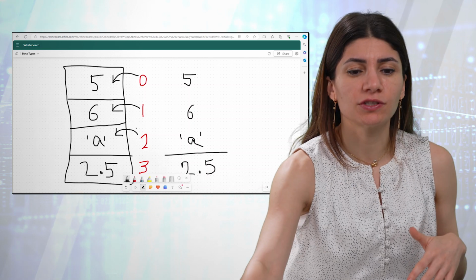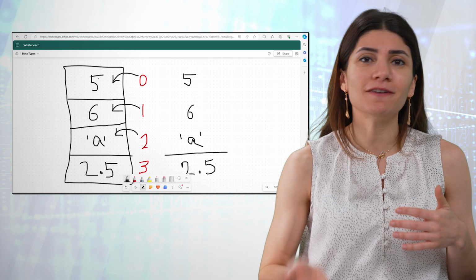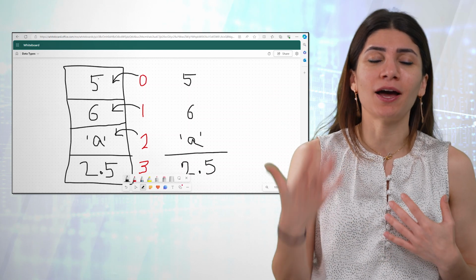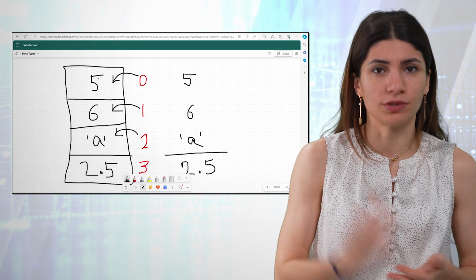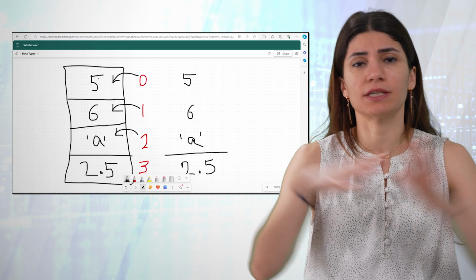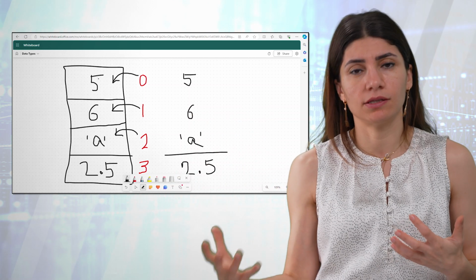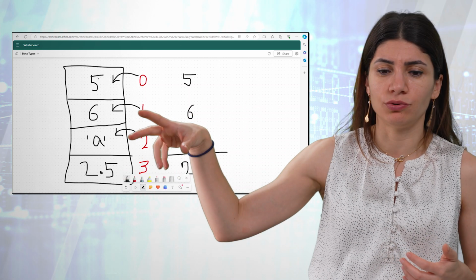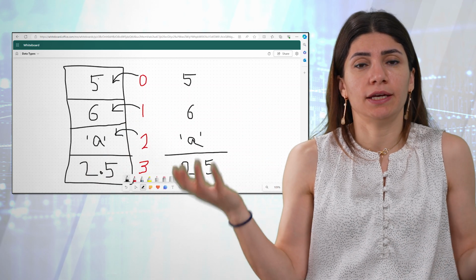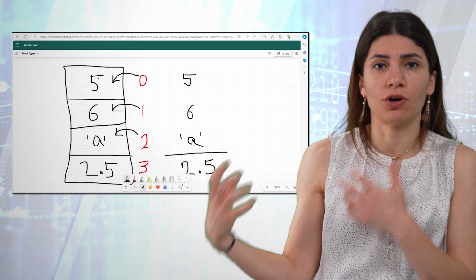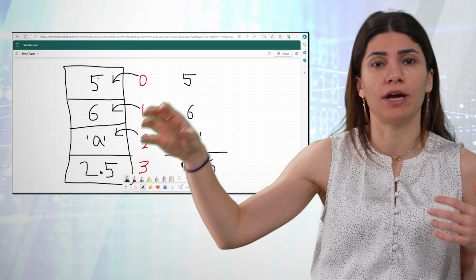That means if this is the first item, you subtract 1 from it, and that gives you the index number. And the index numbers are very important because they allow you to access different items inside your list or inside your tuple, inside your sequence. Okay, for instance, let's say you have a list with 100 items in it, and you want to get the 50th item in that list. So what you say is, okay, I want the value inside the index number 49, because the 50th item is going to have index number